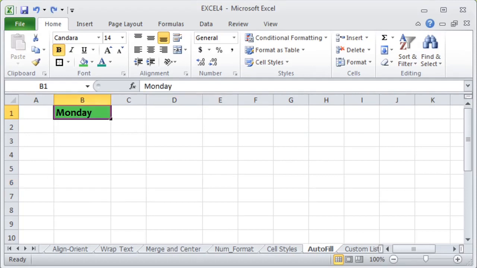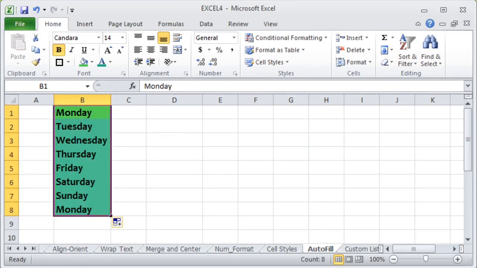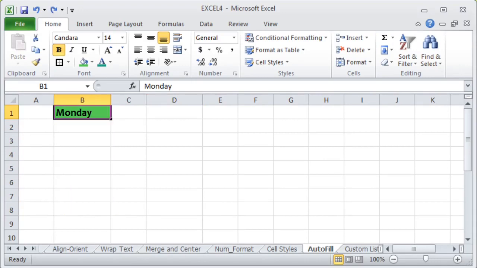Let us do a Ctrl Z. Again if I drag and select fill formatting only, instead of data it will be filling the format, which is the background color green for every cell. Let us again do a Ctrl Z to undo. Again drag. The next option is